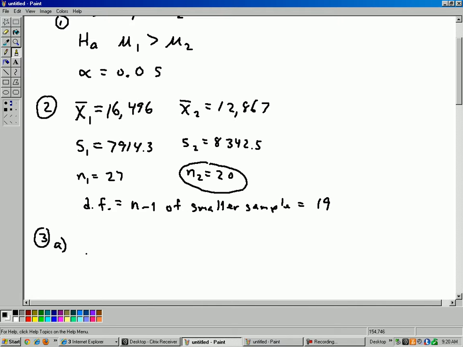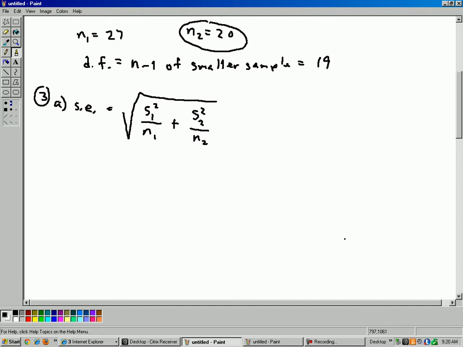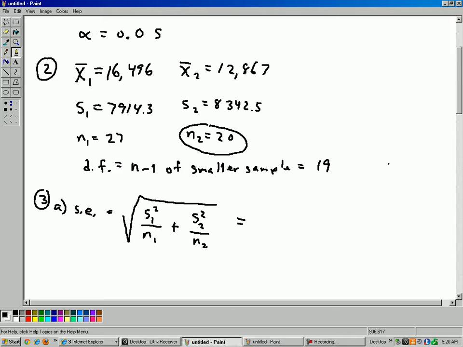So part A is get the standard error. And the formula for standard error is that big, long formula. It's the standard deviation of the first sample squared divided by n1, plus the standard deviation of the second sample squared divided by n2, and then the square root of the whole thing. Okay, so in this case, that's going to be,